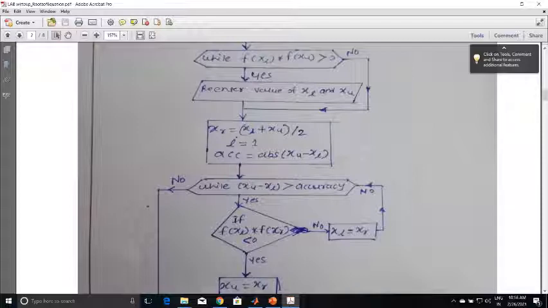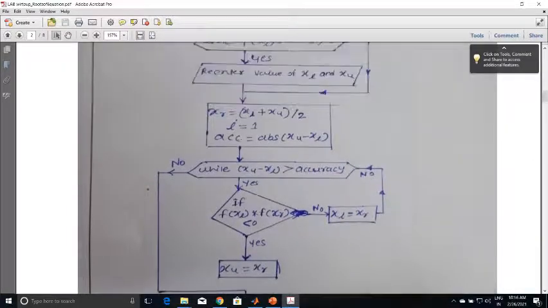Set the counter I at 1, because we need to find how many iterations are required to get the required accuracy. The required accuracy is the absolute value of xu minus xl.